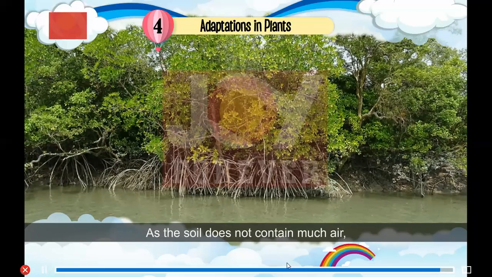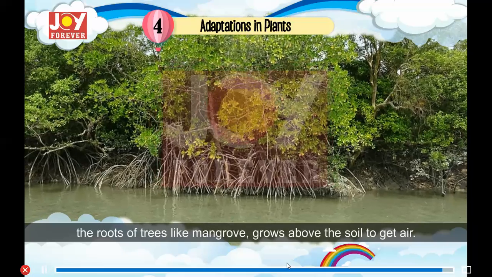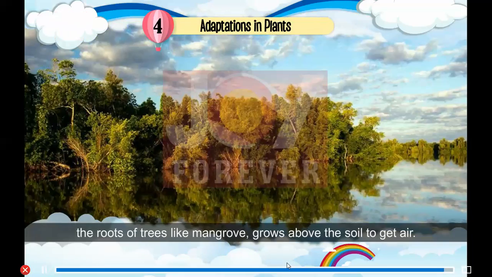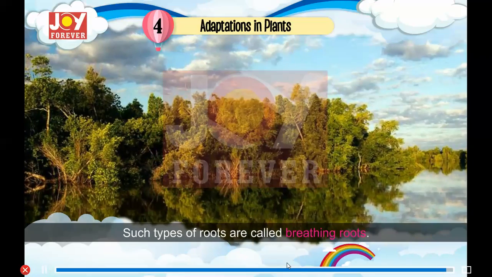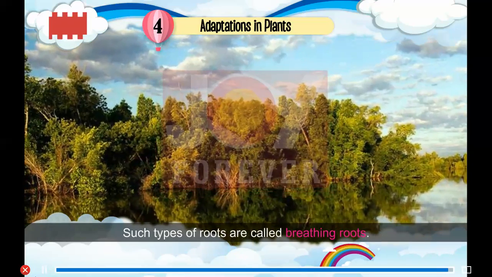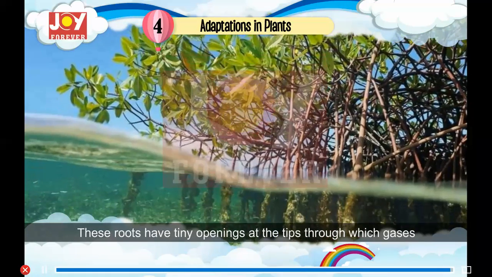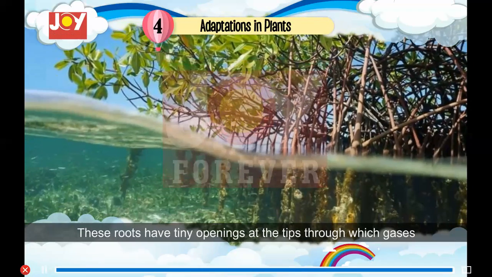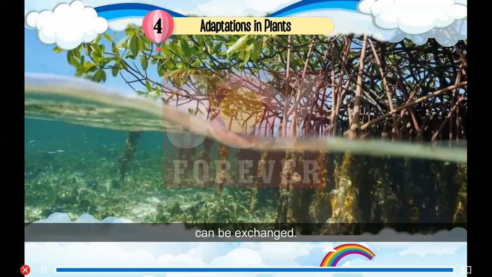As the soil does not contain much air, the roots of trees like mangrove grow above the soil to get air. Such types of roots are called breathing roots. These roots have tiny openings at the tips through